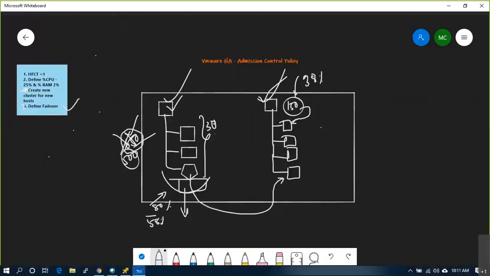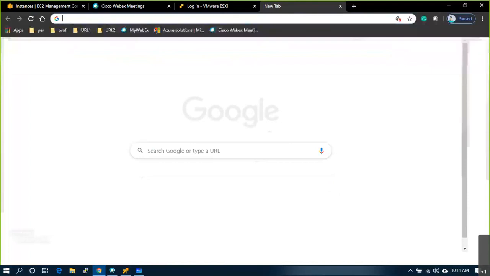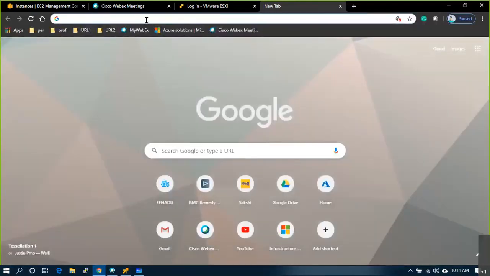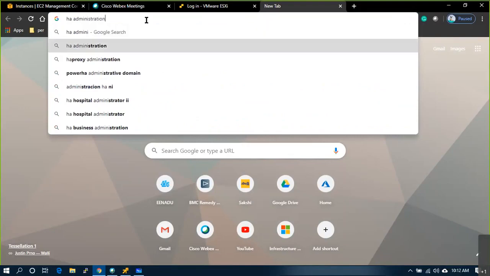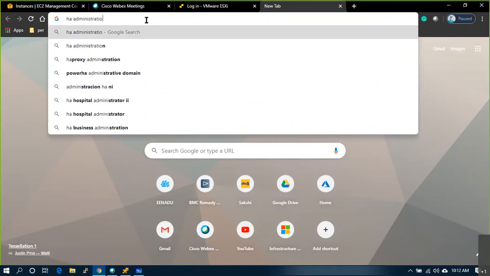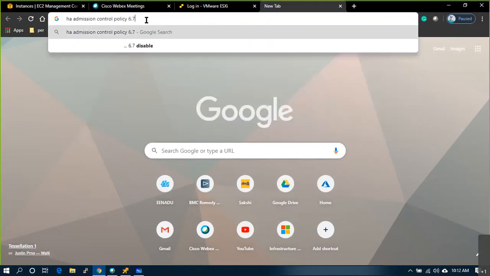And one more option, define host failover capacity by slot policy. Let me see what Google says about it, because this is the latest option, the new feature they introduced in 6.7, I believe, or maybe in 6.5, I haven't seen. Okay, so HA admission control policy 6.7.